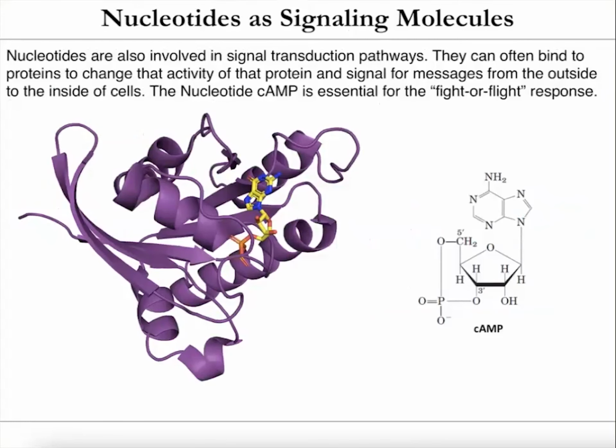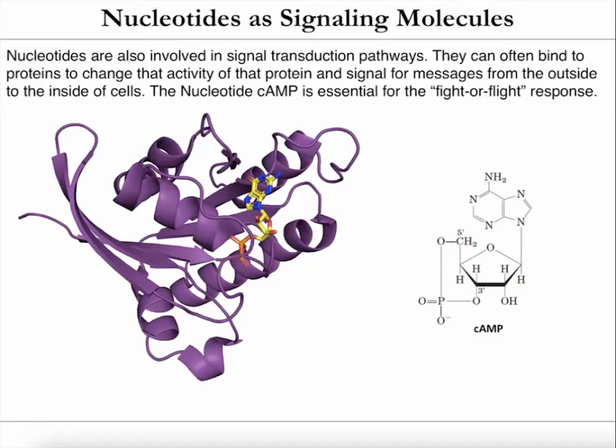So another thing that nucleotides do is they can actually act as signaling molecules. We'll talk a little bit about this in lecture 9, I believe, 8 or 9. But they're really important in signal transduction pathways. So signal transduction or cell signaling is just how your cells in a multicellular organism communicate with each other. So the fight or flight response is a really important one in that. Like if you're walking down the street and you see a lion, your body floods your bloodstream with